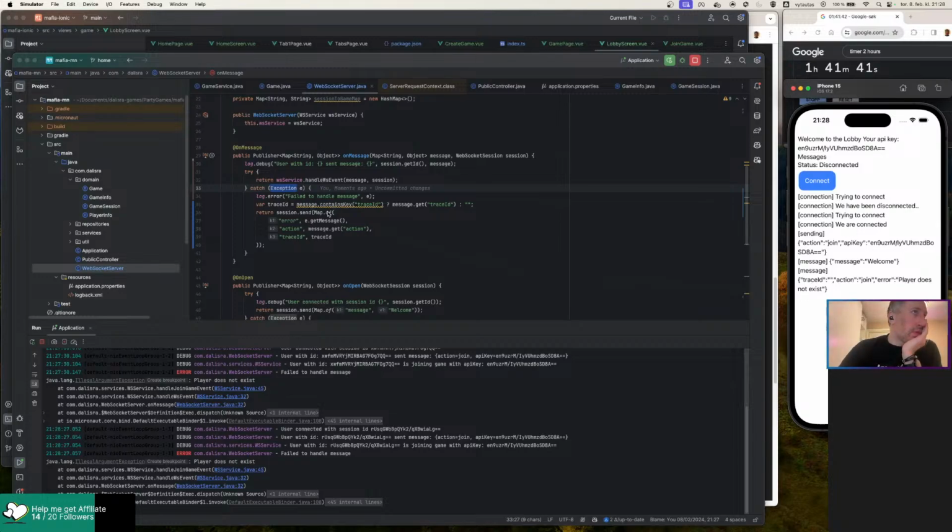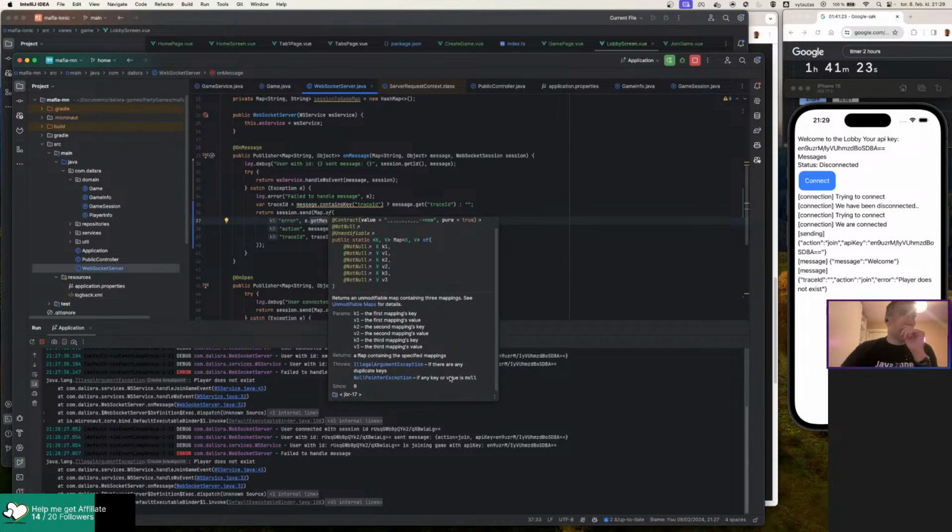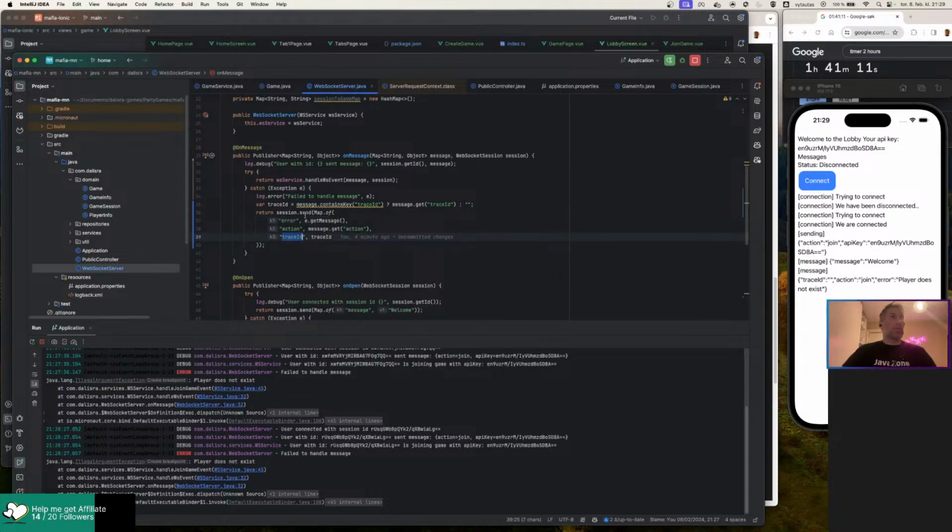So this thing returns an unmodifiable map. So this is not good. Yeah, null pointer exception if any key or value is null. Excellent. So that's why we were crashing. Trace ID was null. So what we want to do is,